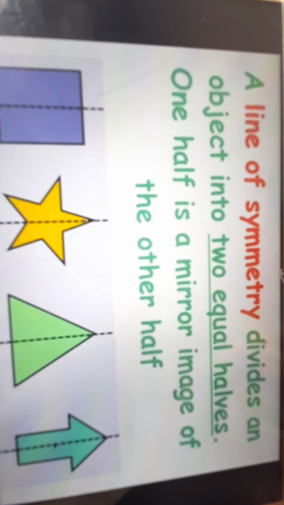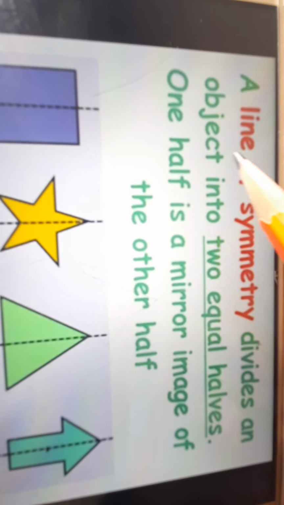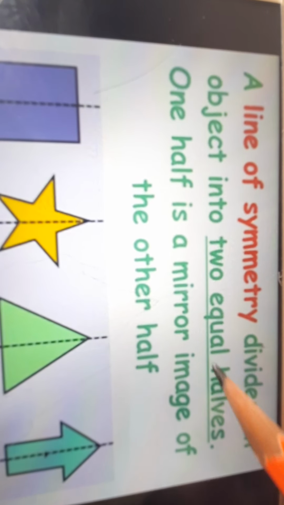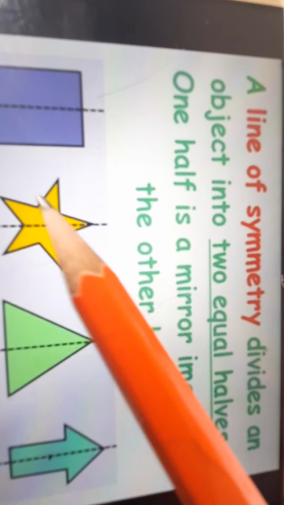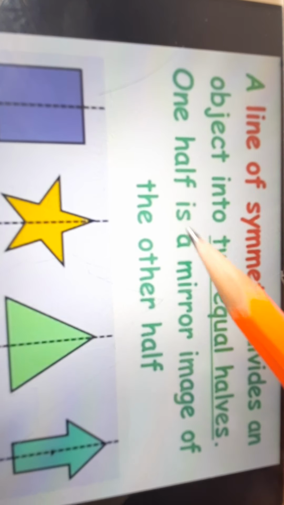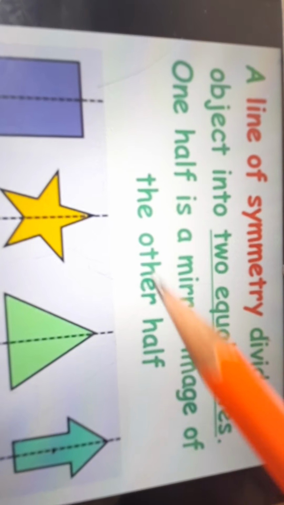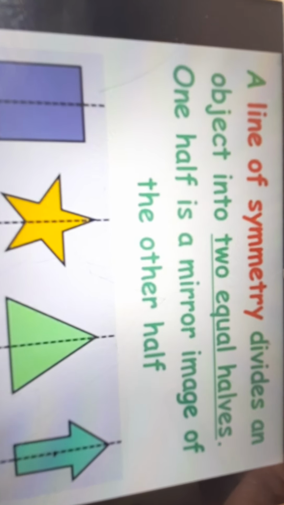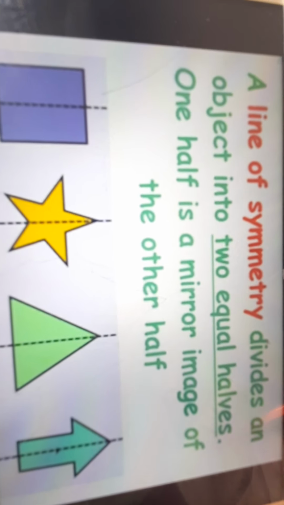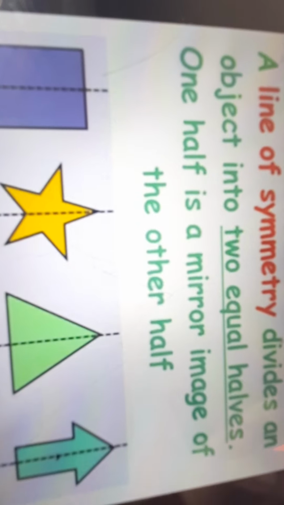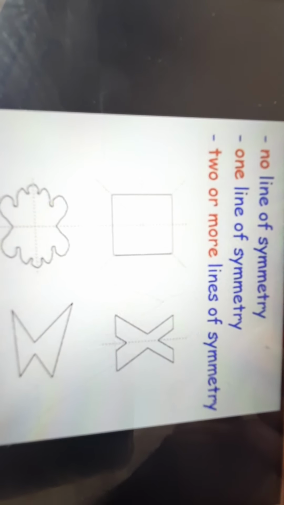So we can give the definition of symmetry also. A line of symmetry divides an object into two equal halves. कि जो दोनों हाफ होंगे वो exactly equal होंगे. One half is a mirror image of the other. जैसे अगर हम mirror के सामने खड़े हो जाते हैं, we look similar to our real appearance. Now a very important point to note down, dear students,